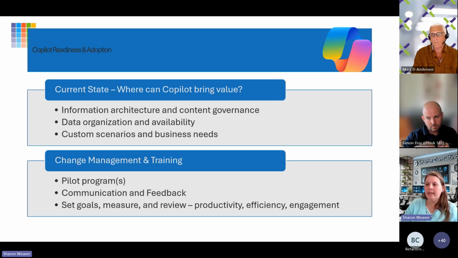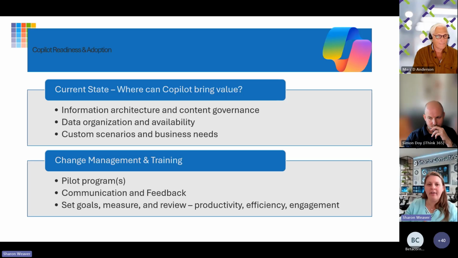So make sure that you know where you're at. And then the big thing, when you do set up your adoption and change management plan: definitely pilot. Don't roll it out to everybody at once, unless you're a 500-level company, in which case you're probably going to do a pilot program anyway, because you're 500 level in change management. So do a pilot program. Don't give it to everybody at once.